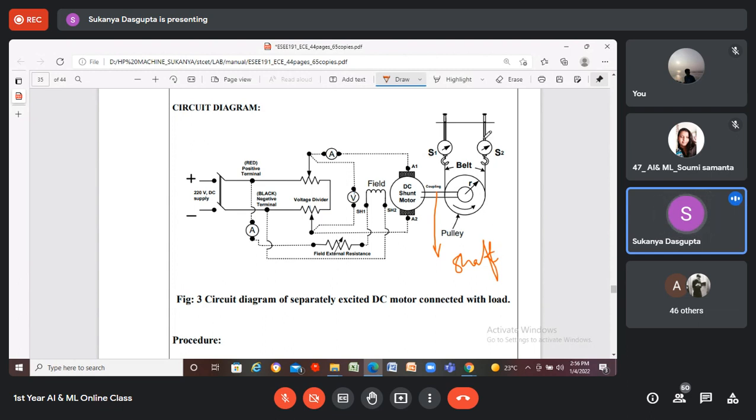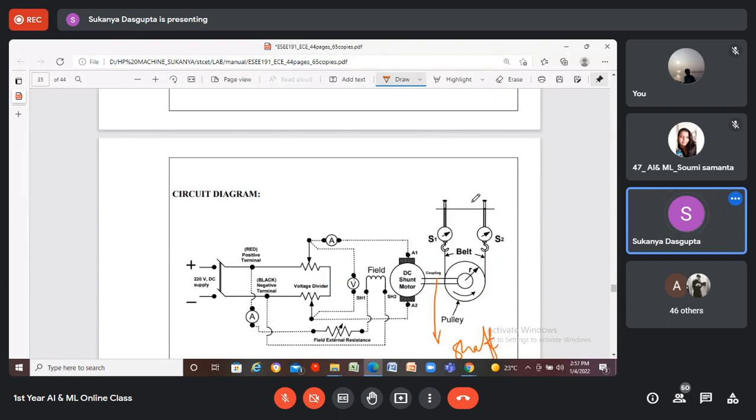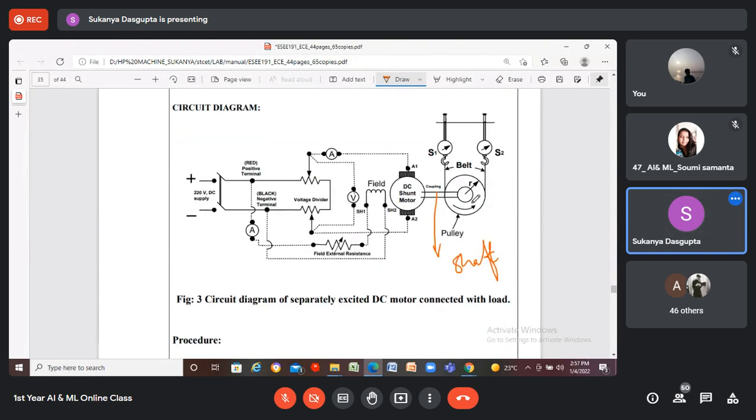This S1, S2, these are the spring balance system. By controlling these two, we will apply the load to this motor. And this small r is the radius of the pulley. This is the field winding, which is getting excited by a DC source, as you can see. So in the report, you have to draw this circuit,